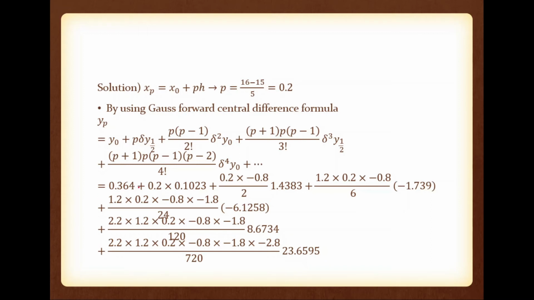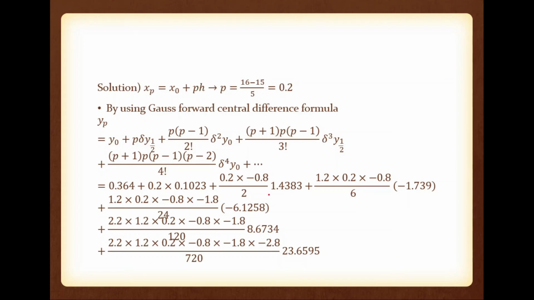That is equal to y0, this is y0, plus p into theta y1 by 2, so this is theta y1 by 2, plus p into p minus 1 divided by 2 factorial into theta square y0, this is theta square y0, plus p plus 1 into p minus 1 divided by 3 factorial into theta raised to 3 y1 by 2, this is theta raised to 3 y1 by 2, plus p plus 1 into p minus 1 into p minus 2 divided by 4 factorial into